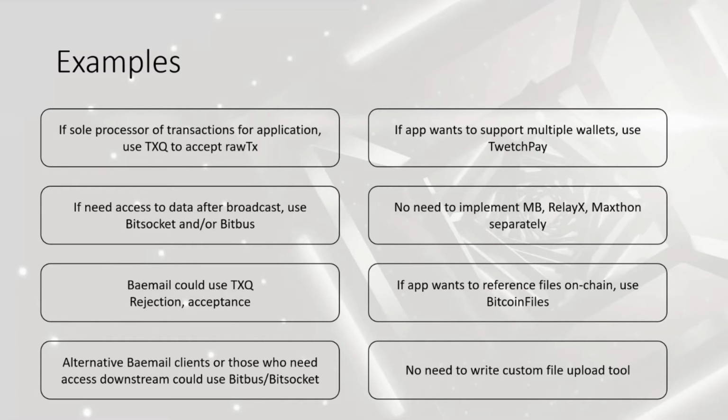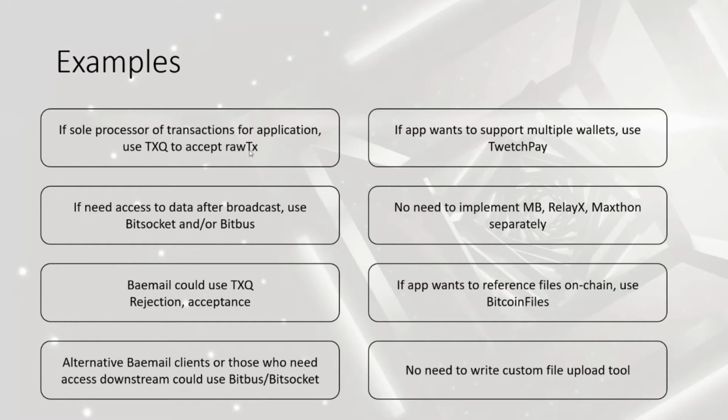But it really depends on the use case. So the point is, if you need to access after it's broadcast, then Bitsocket and/or Bitbus is better than TXQ. But like Twetch, Baymail, I think it makes sense for them to use TXQ, because that way they can deal with the raw TX, do whatever they want with it, and then put it on the chain. Because honestly, it doesn't matter, right? If there's a hash to reference it and the data's there,